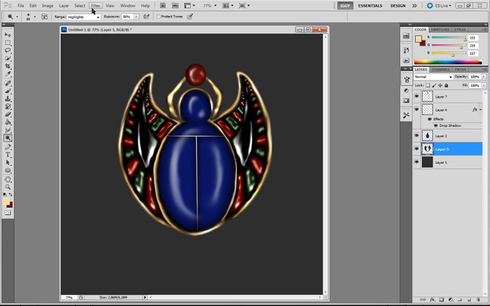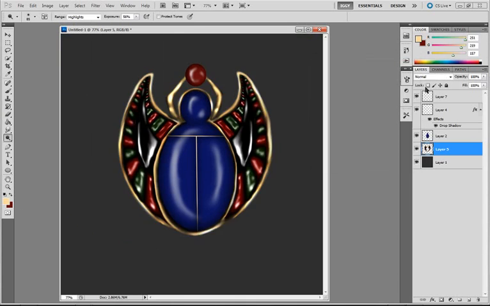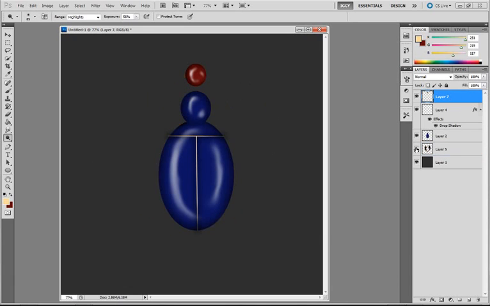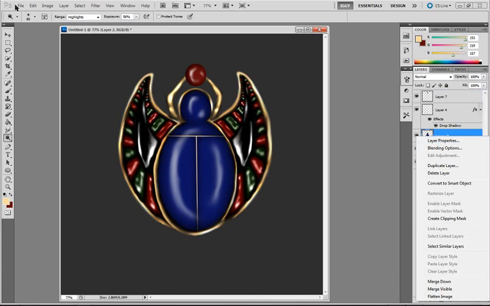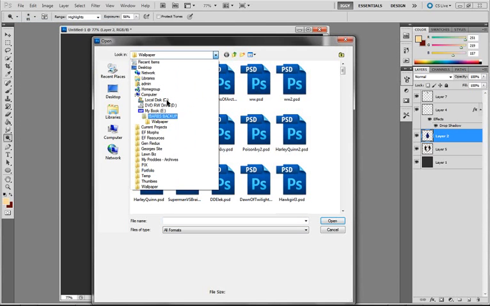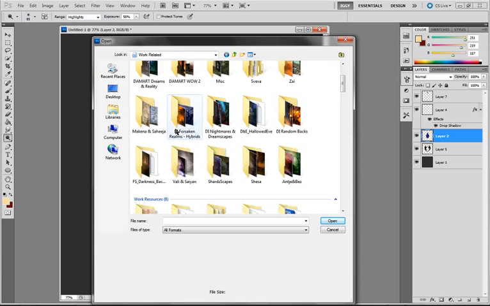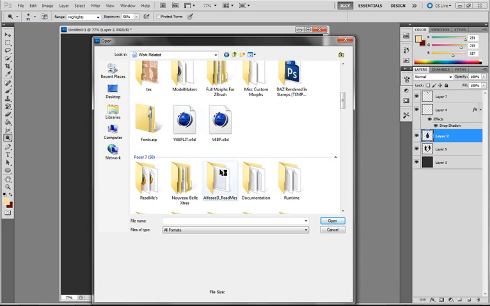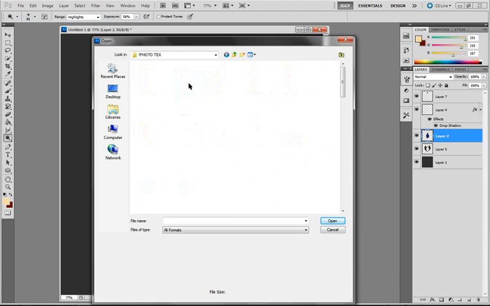What else do I want to do to this thing? Well, actually, you can add, let me see, open, I've got to browse to, where is that stinky folder? I have